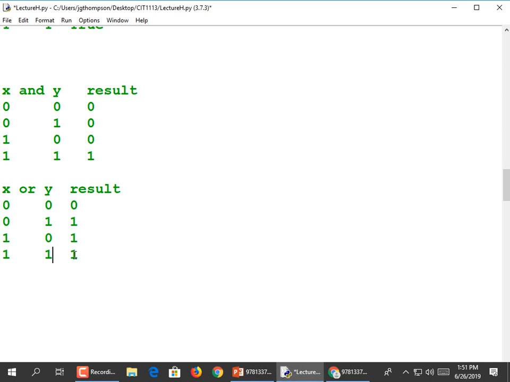Well, Boolean logic can only be one of 2 states, right? True or false. So we're just going to pretend that 1 plus 1 is equal to 1. How about multiplication? 0 times 0 is equal to 0. 0 times 1, well, anything multiplied by 0 is still 0. 1 times 0, still 0. And 1 times 1 equals 1. So, and